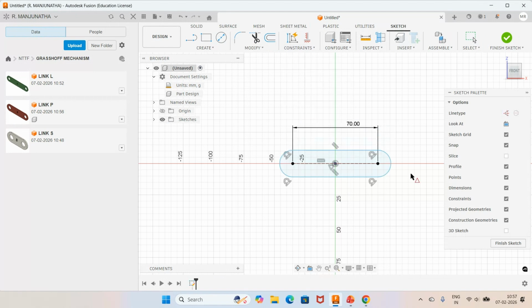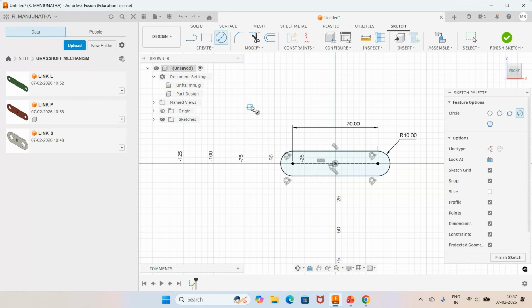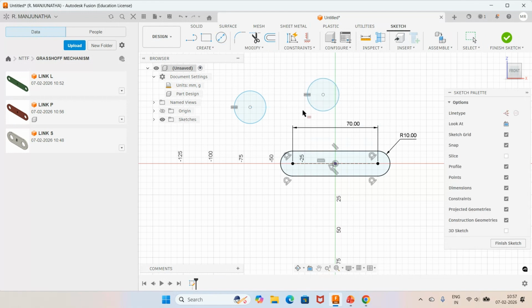Then go to dimension, click on this, give the radius as 10, and then go to circle, select these two circles, then go to constraint, select equal between this and this, then go to dimension, select this and give the diameter as 10, then go to constraint, select concentric between this with reference to this and this circle with reference to this semicircle. Now you go to constraints, disable this constraint and then go to select and place it nearer